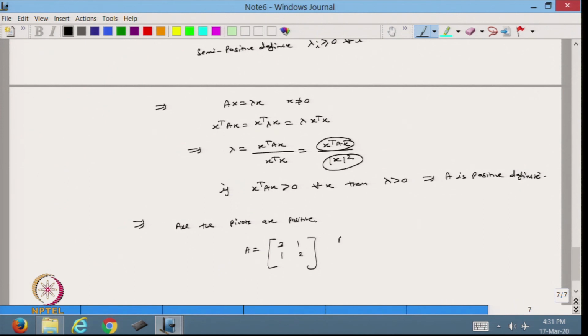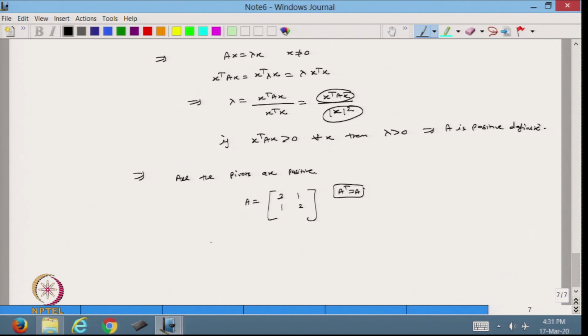So, this is a symmetric matrix, A transpose equal to A. Now, in this case, what are the pivots? So, the first pivot is 3, and the next, I can reduce this with Gauss elimination,